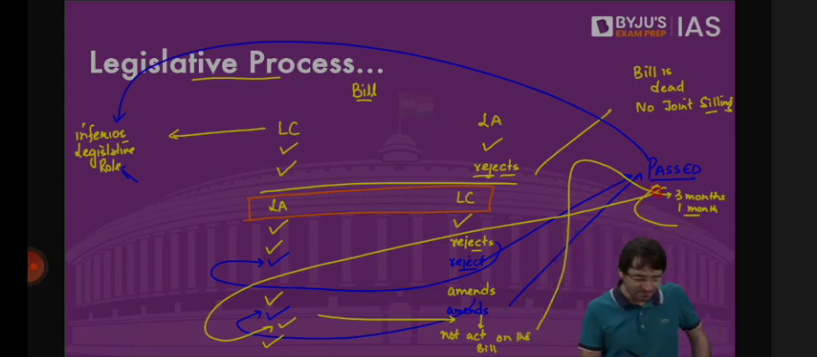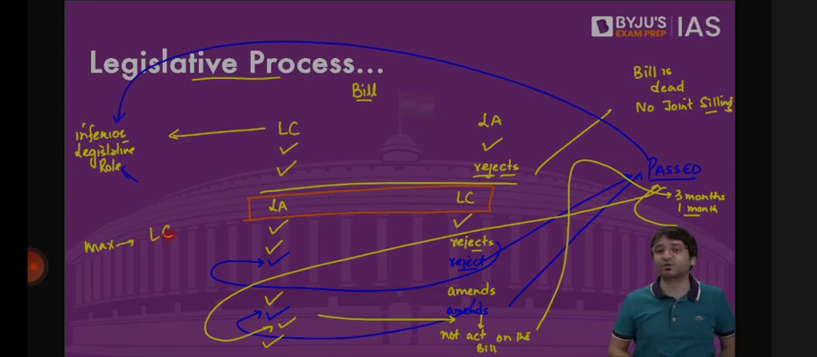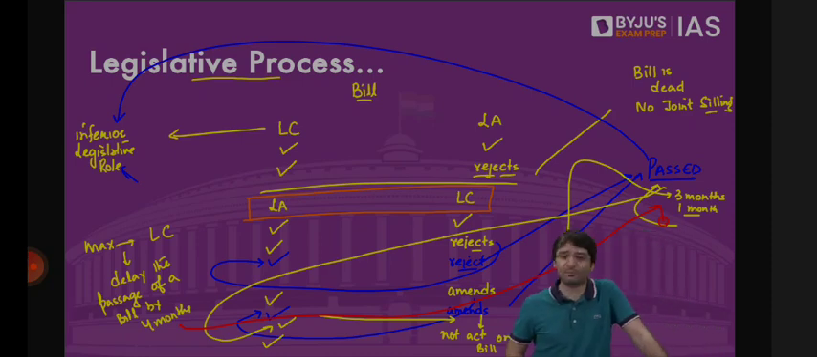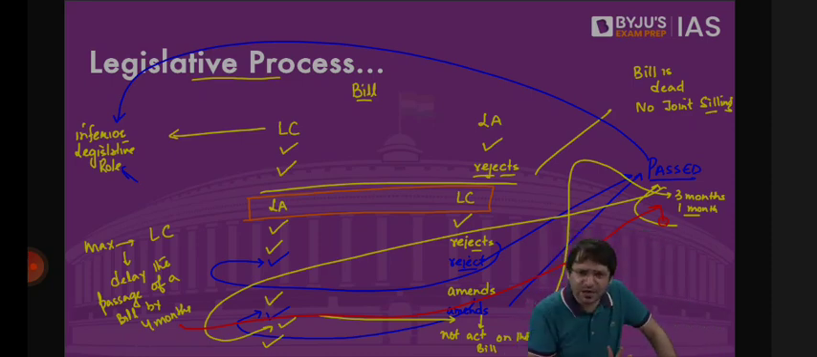Which means the maximum that a Legislative Council can do is delay the passage of a bill by four months. Four months means three months the first time, one month the second time. That is the maximum that a bill can be delayed by the Legislative Council. And for that we need a Legislative Council? No, please abolish it. There are people who say